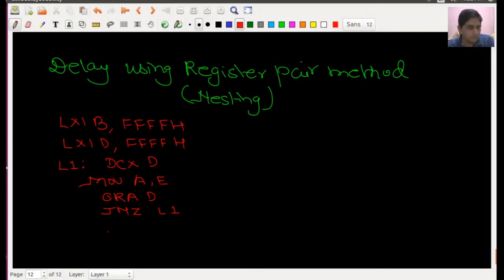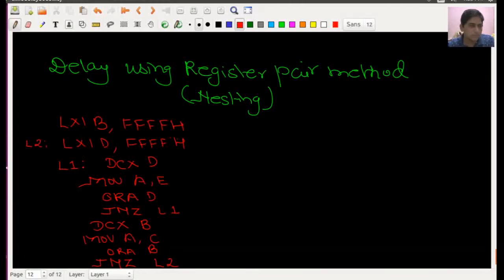Okay, for the outer loop I will again follow the same thing. I will decrement the outer loop by 1. I will move the value into the accumulator, and then I will perform the ORing operation with B, and then I will do JNZ L2, but this time this L2 will be terminated here.